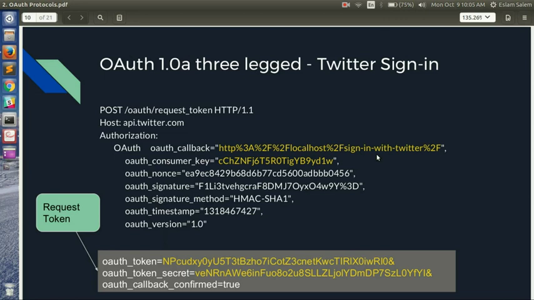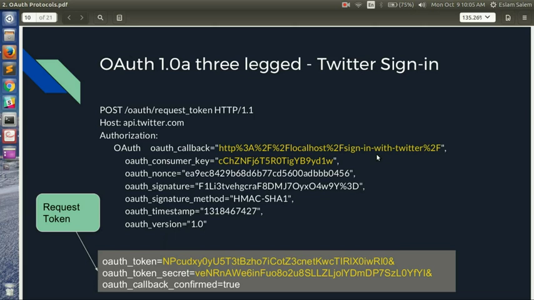If a website wants to implement a sign-in button for Twitter, here is what the flow will look like. First, you go to the website and click sign in with Twitter, because you want to sign in with your account on Twitter. The application, let's call it the localhost application,